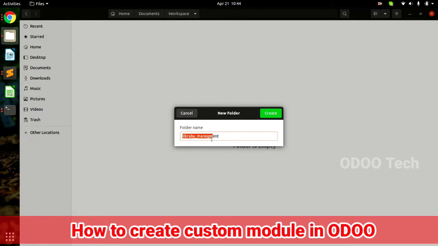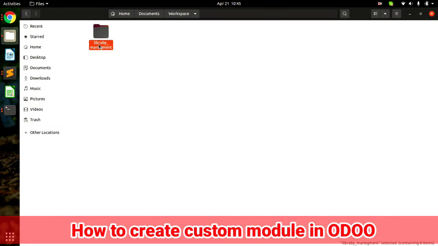So note down, there are some rules. Each and every letter should be in lower case, and only underscore is allowed as a special character. No space, no at the rate, no exclamation signs, no hashtag, no dollar sign, not at all any kind of special characters or numbers allowed. What we can do is use characters, every character in lowercase, and to separate two words we use the underscore. Okay, so I created my first module.